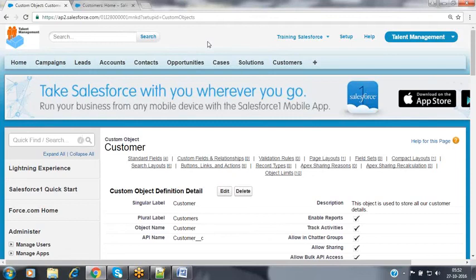Okay, but I thought created by also is a system field? Yeah, it's not a system field. But when it comes to these 4 fields, they will be visible to you on the record. But that ID field cannot be visible to you on the record here. Okay, it will not be visible because of security purposes.